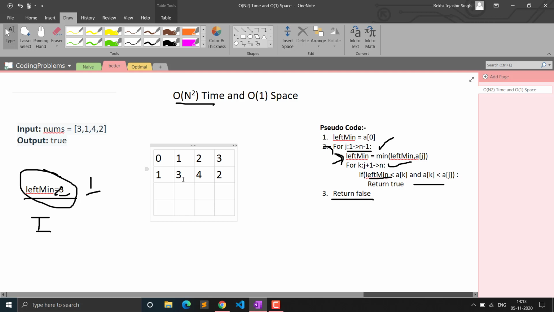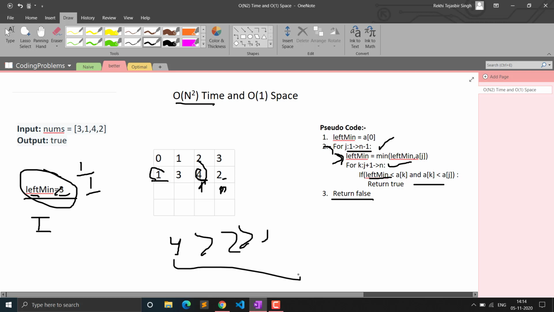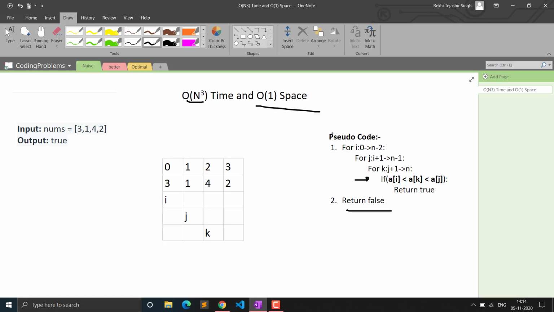So here it was 3, so now you can see our minimum is 1 here, and if we are at this 4, here also this condition will only be satisfied by 1, 4 and 2 forming the pair. So for doing that, we will have to keep count of the minimum element. The minimum element is 1 here, so if we simply save the left minimum element as this 1, then if j is at this point and k is at this point, it will form the condition. You can see this 4 is greater than 2, that is the kth element, and the 1 is smaller than k, so that condition is true.